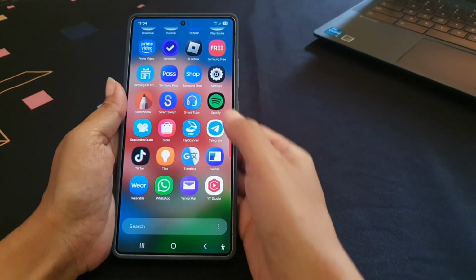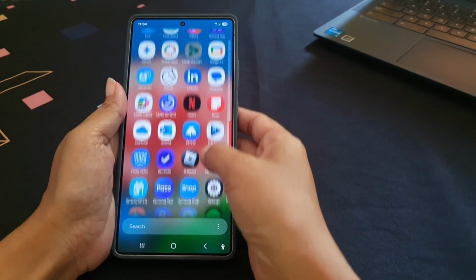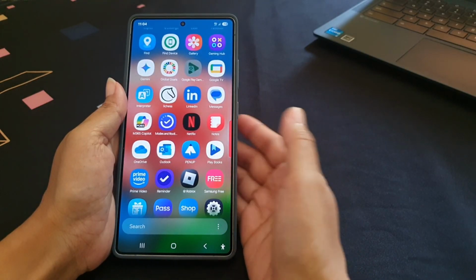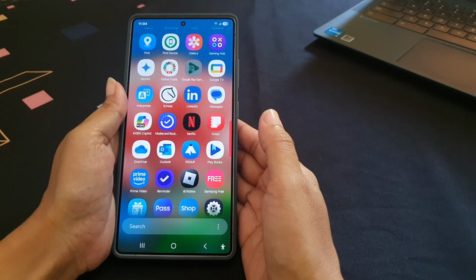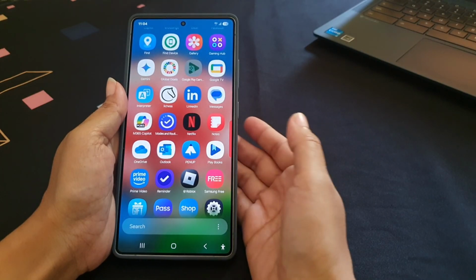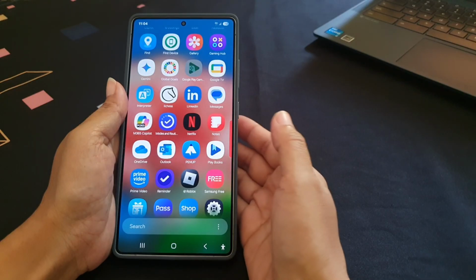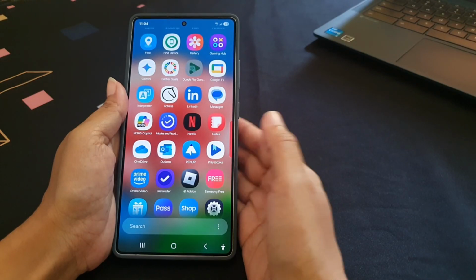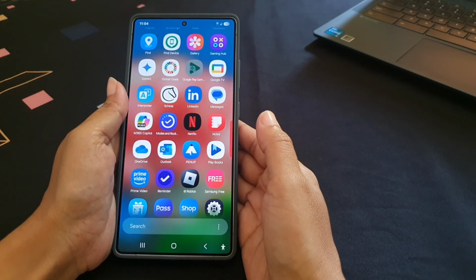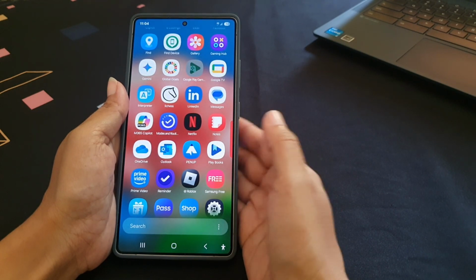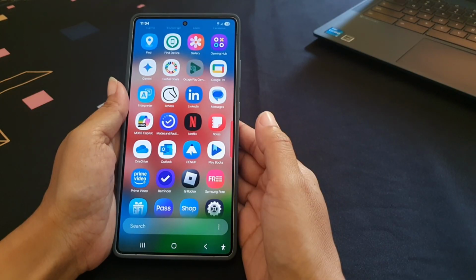Given this function, you can set the app icon size to large when you want to get better visibility and accessibility. Moreover, if you have vision difficulty or have accessibility needs, when you want to get easier navigation, or when you want to have a minimalist home and app screen with fewer but bigger icons and else.